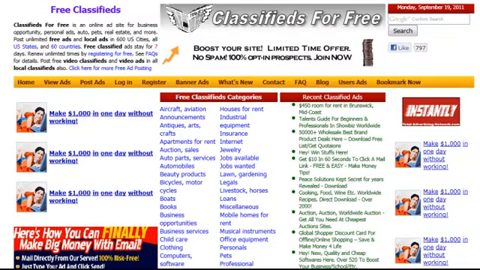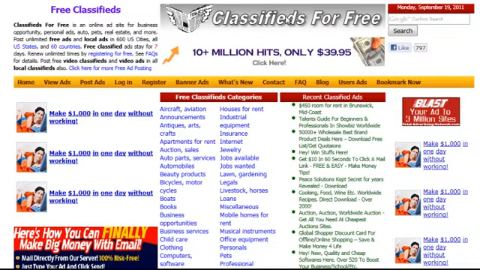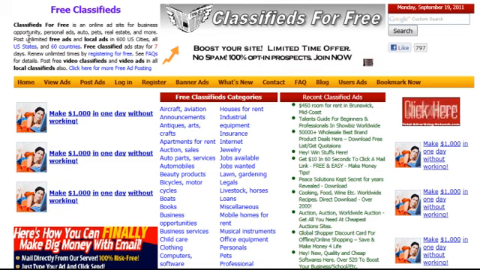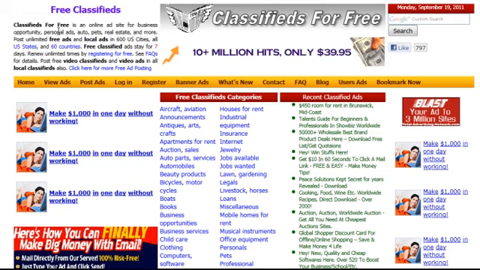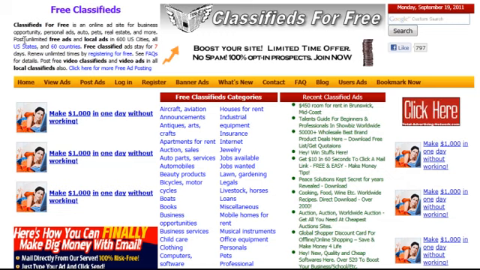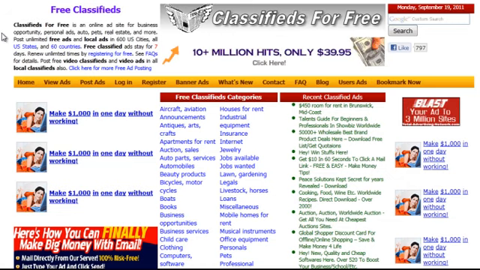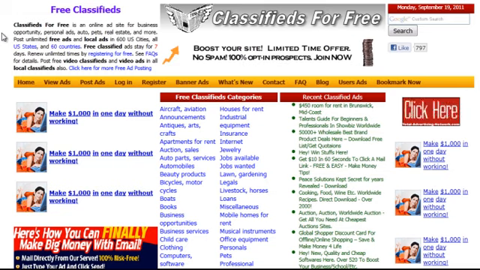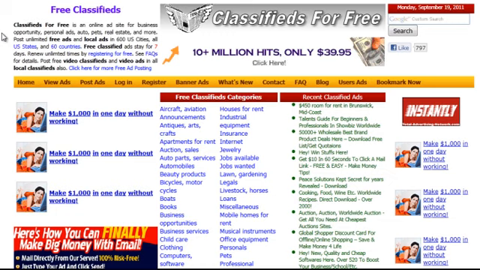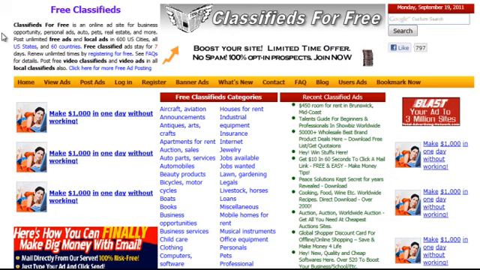There's another free classified site called classifiedsforfree.com. That's classifiedsforfree.com. And again, they have the option here. It's an online ad site for business opportunity, personal, auto, pets and real estate and more. You can post unlimited free ads and local ads in 600 US cities, all US states and 60 countries. Ads stay there for 7 days, and you can renew them unlimited times by just signing up and registering for free.